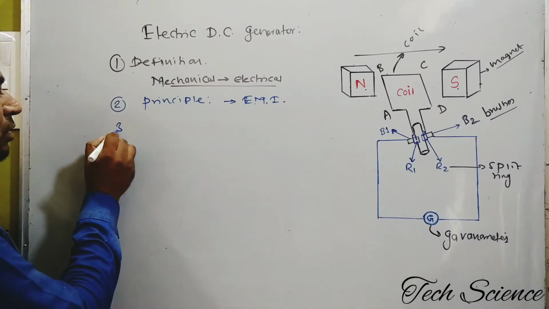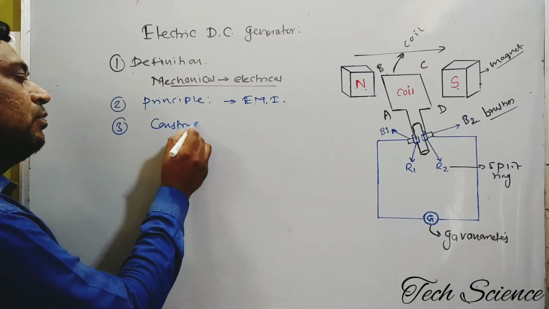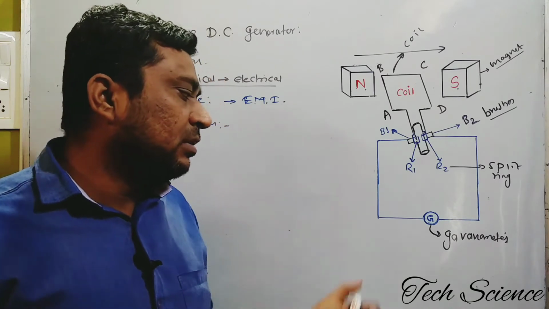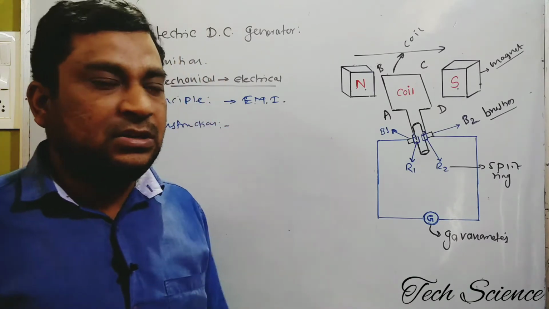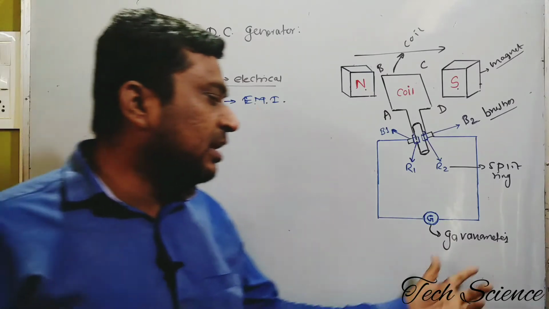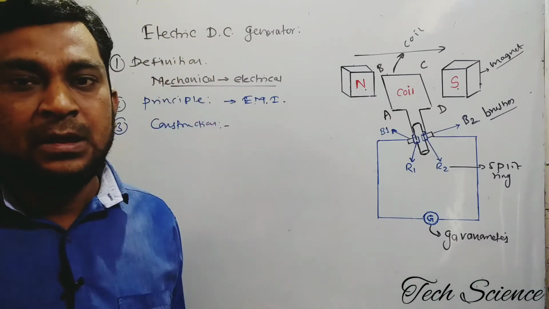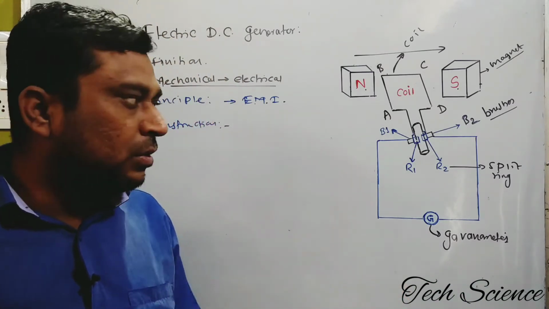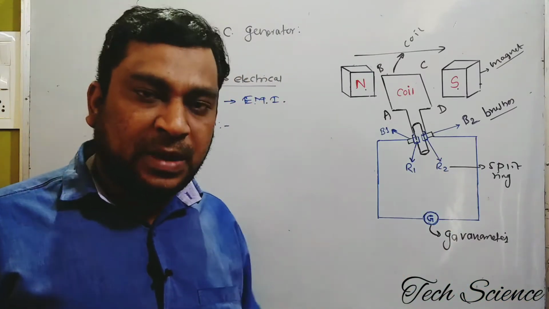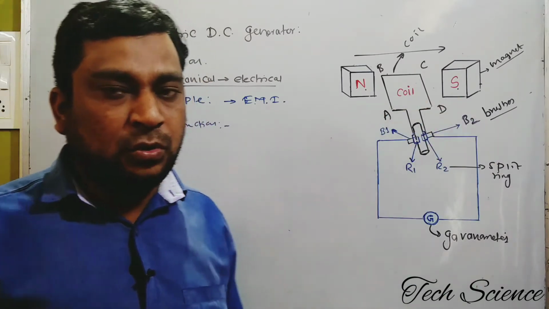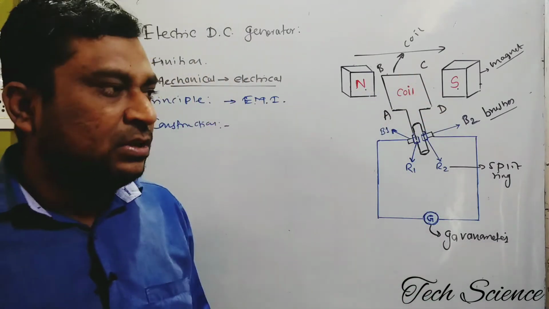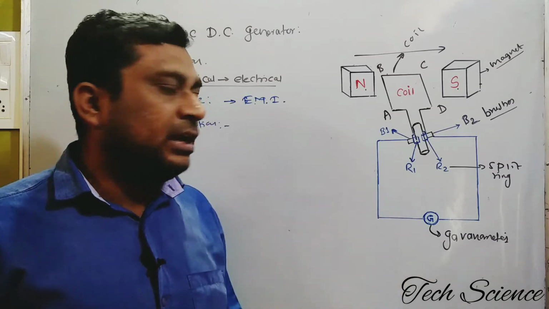The third point is the construction. Here you just have to write the different instruments or apparatus used in this diagram to construct the electric DC generator. Number one, galvanometer. Its function is to check the presence of current in a circuit or not. We have the split rings used along with the axle. We have the carbon brushes, which allow or pass the current. We have north and south, the two pole pieces used to create a strong magnetic field. We have the rectangular coil ABCD, in which insulated copper wire is wound on the rectangular coil ABCD.